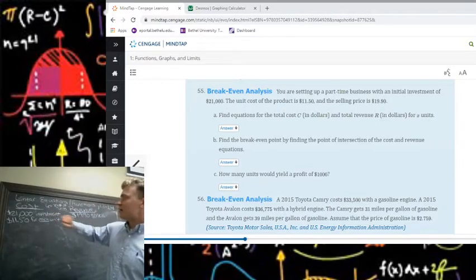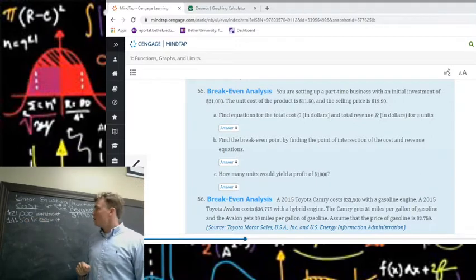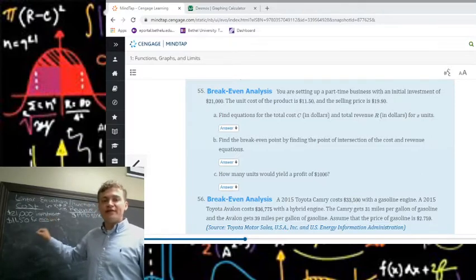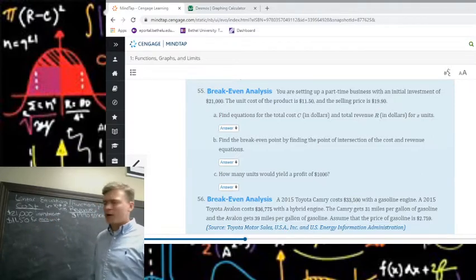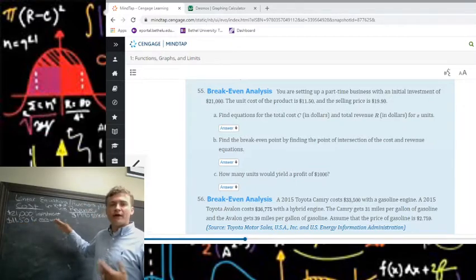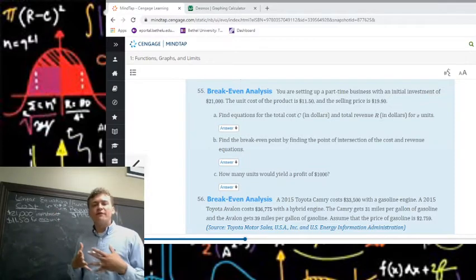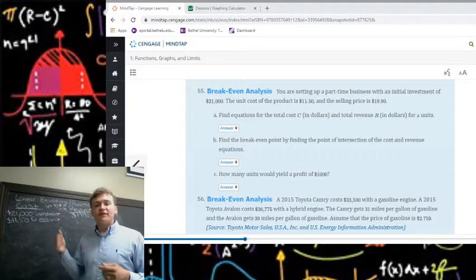In this case right here, how much is the cost? We are investing $21,000, but notice here that we also have a cost of $11.50 for each unit. So how do we determine that cost there? It's $11.50 for each, but how many do we have? We have X number of units. So how do we configure that cost there? For each unit, it's $11.50. So we want to multiply,